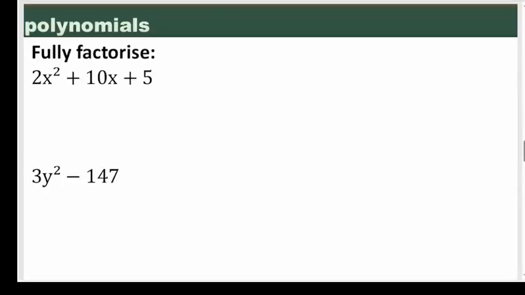Okay, we have to factorize this expression. The first one says 2x squared plus 10x plus 5. To do it, I try to split the middle term. I have to guess two numbers, P and Q